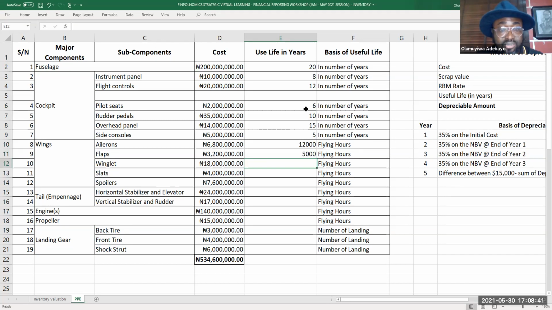All these are hypothetical. 8,000 hours, 5,000 hours. Engine can go as much as, say, 10,000 hours. Propeller,